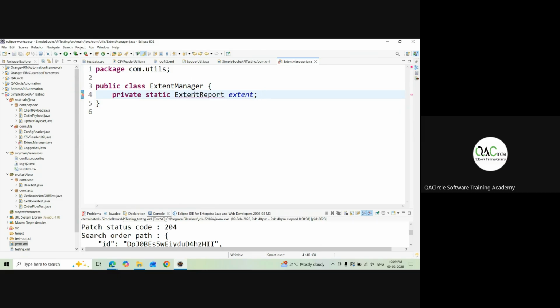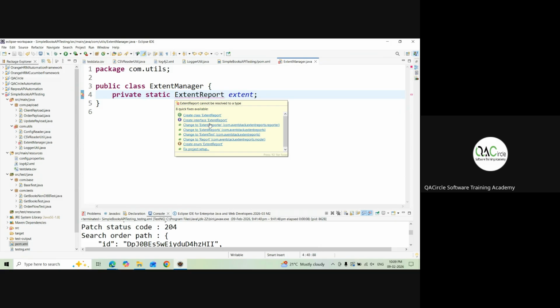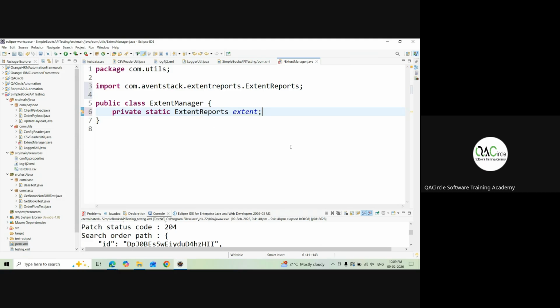Now I have to hover it. Let me, yes, extend reporter, extend reports. Yes, that's it. Gone. So as soon as you hover over it, you'll get it. Now, we also have to write public